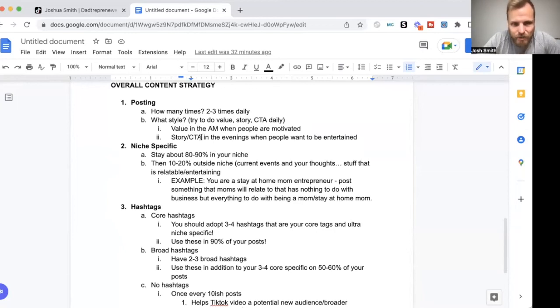Okay, focus on value and motivation in the morning, because that's when people are the most motivated. That's when they're most eager to learn or be receptive to something valuable, in getting taught something. Okay, where at night people's brains are working a little bit different. They more so want to be entertained. Okay, so that's where you can use your story posts and your call to action style of posts.